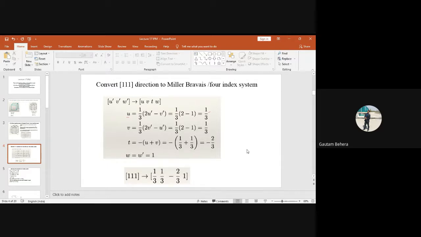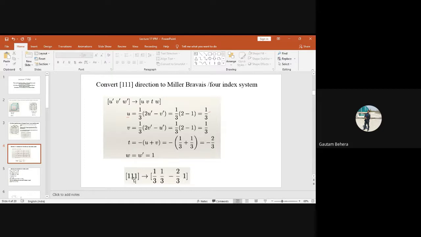It is okay. So you people have understood this one, the conversion part. How we are converting 3 coordinate system to 4 coordinate system. It is okay. Yes, sir. So finally, you want to represent the 3 coordinate system into 4 coordinate system. That is Miller-Bravais indices to Miller indices into Miller-Bravais indices. So that this is the representation final.